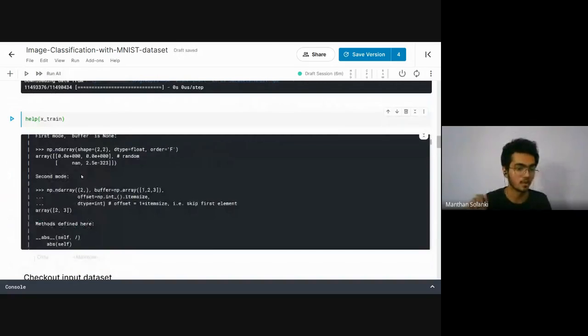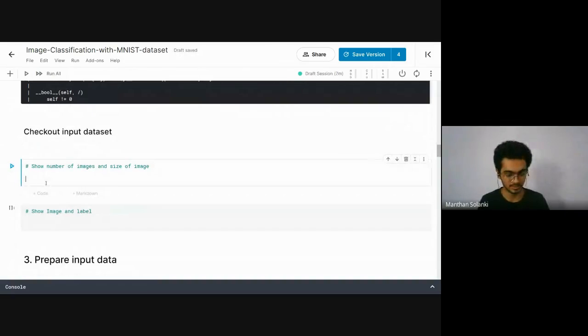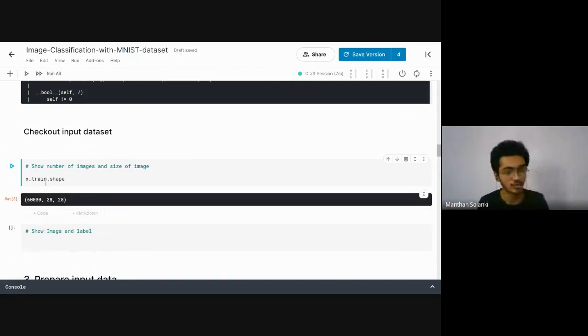Okay, so let's check out the input dataset, like what we have in our dataset. Simply xtrain.shape, it will give the dimension of our input data. The dimension is 60,000, 28, 28, meaning that there are 60,000 images, in which we have 28 height and 28 width of data available to us. In the same way, if we want to show the shape of y, it is 60,000. That means a single array of 60,000 labels.